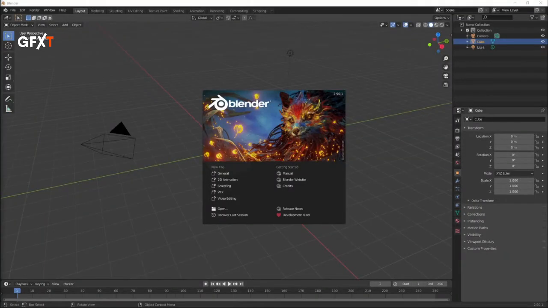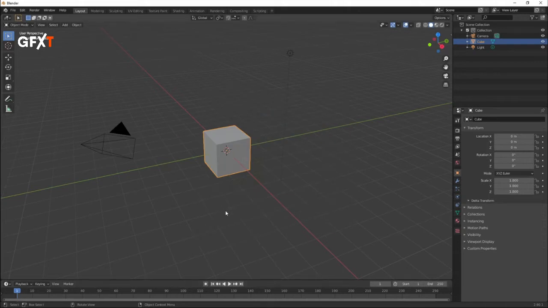Right, and here we are. So the first time that you load up Blender, you'll be greeted with a splash screen. Blender works in a number of different ways. You can use it for both 3D animation and 2D animation, as well as video editing. We've got a number of options here for creating new files. For now, all you need to do is hit the general option, and that will leave you with a